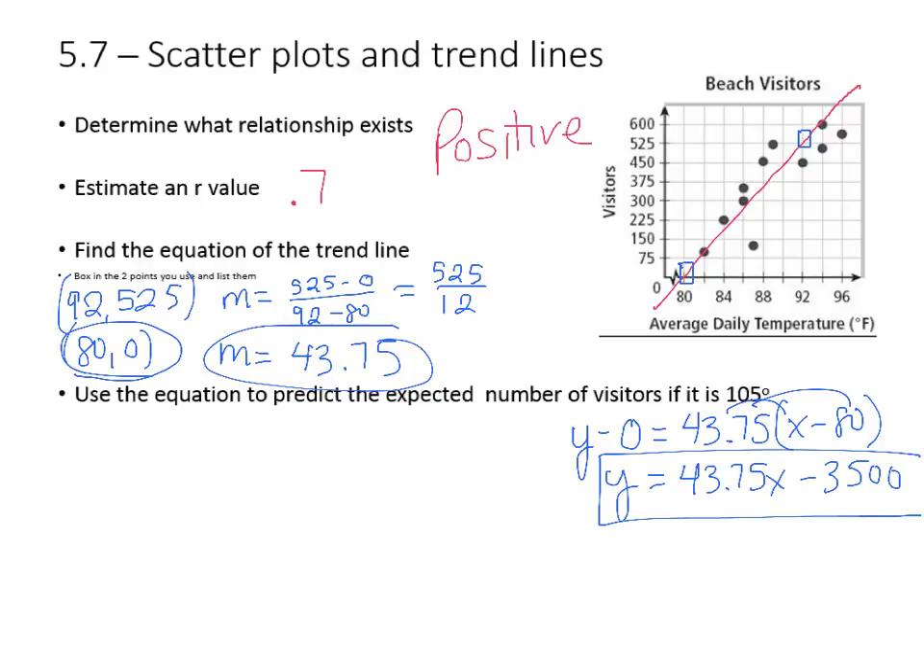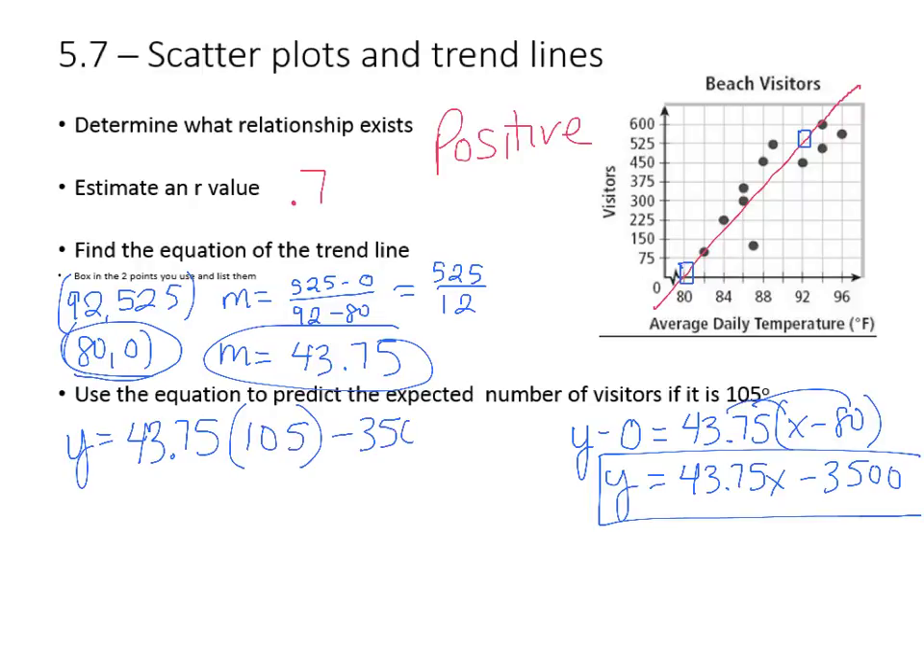If it's 105, I imagine lots of people are going to want to go to the beach to cool off. What we would do is we'd have to decide this 105, that's a temperature. That's our x value. Our temperature is 105. So we're going to grab that 105 and put it in for x. I'm going to come over here on this side now. Y equals 43.75, and then I'm going to put in the 105